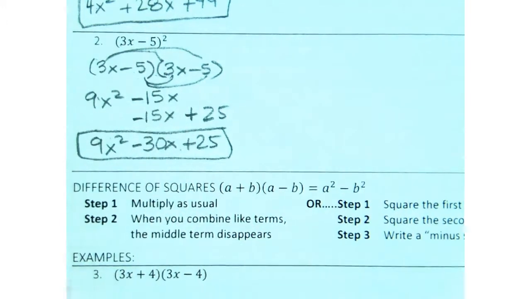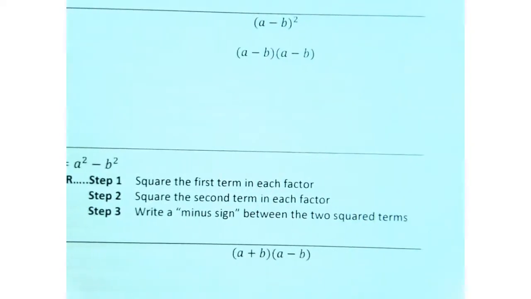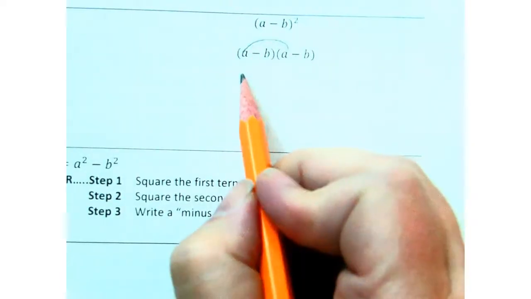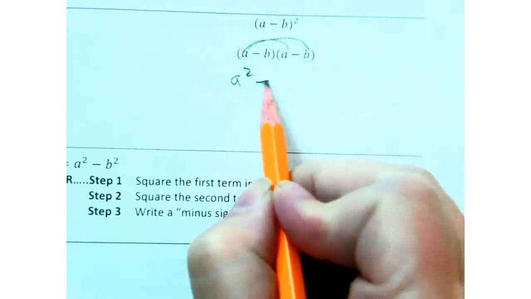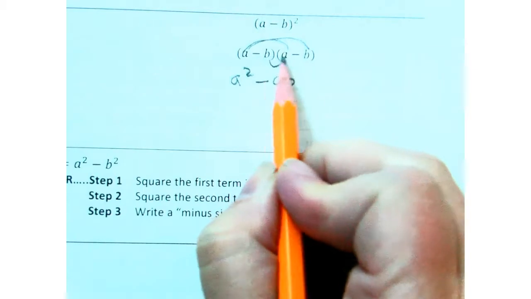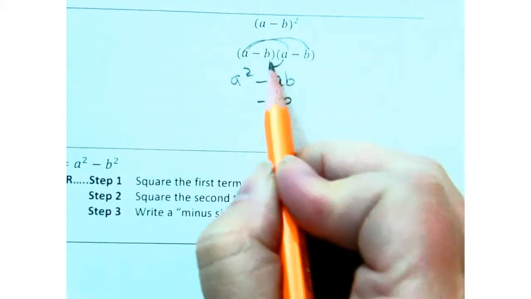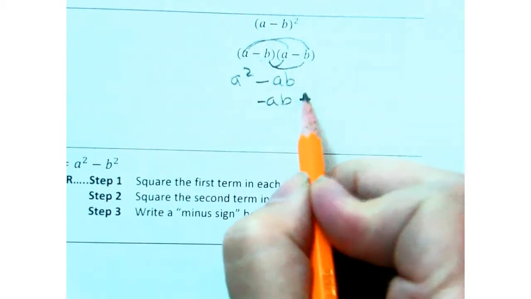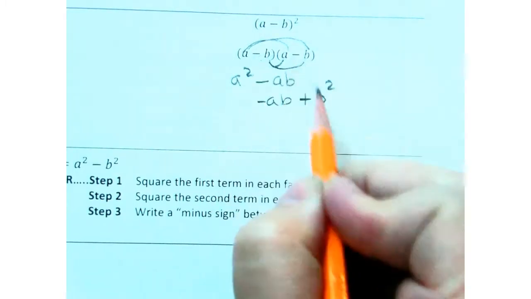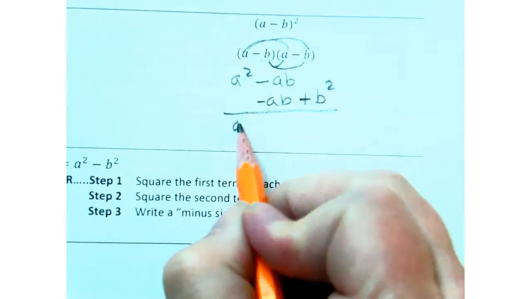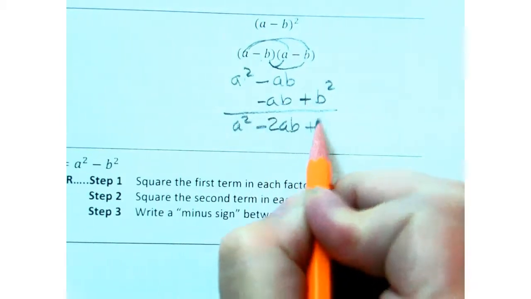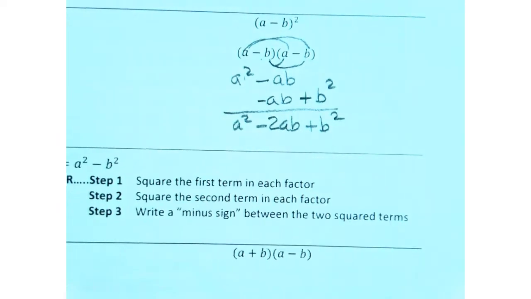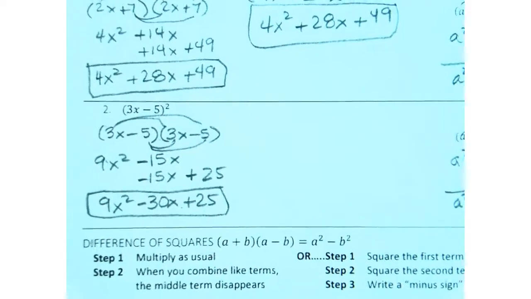so a negative 30x. We can see this will always happen if we demonstrate with a and b. A squared, negative times positive is negative ab, negative times positive is negative ab, negative times negative is positive b squared. So the first term is squared, the middle term is negative, double the product, last term is positive b squared. To use the shortcut when there's a negative sign in the middle,